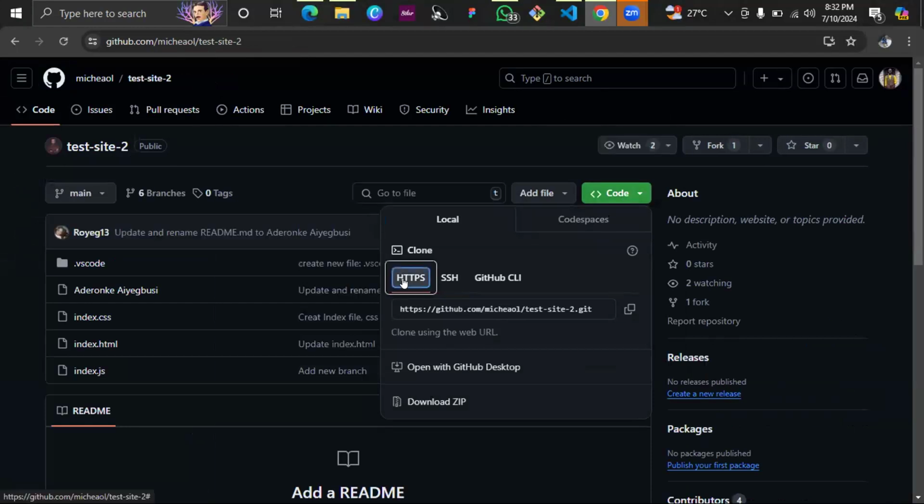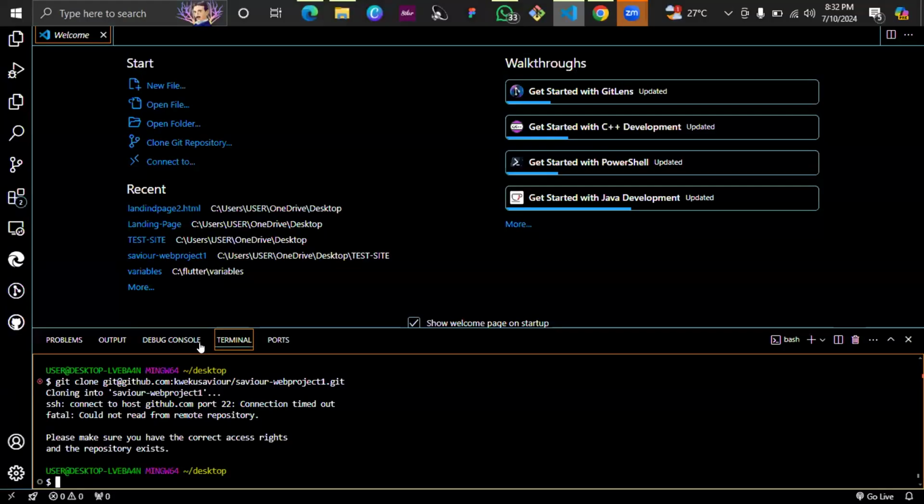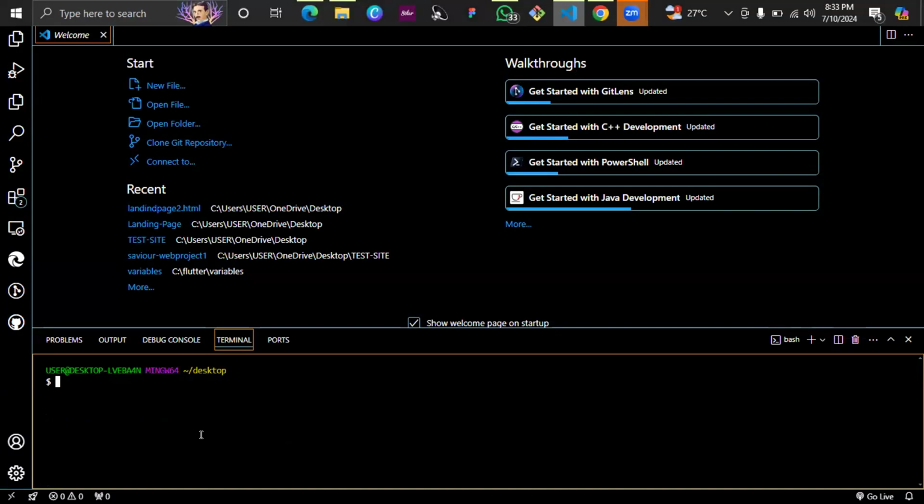HTTPS, right? You said you set up your SSH, copy SSH. Let's see if you actually set it up correctly. All right, sir, you don't have to highlight. Look at that icon beside it. Just click on the icon beside it. It's going to copy. Yes. Copied. Make your life easier. So clear your screen. Control L. So git clone, space, what you copied. Enter. Yes.